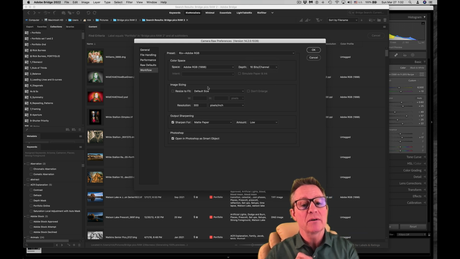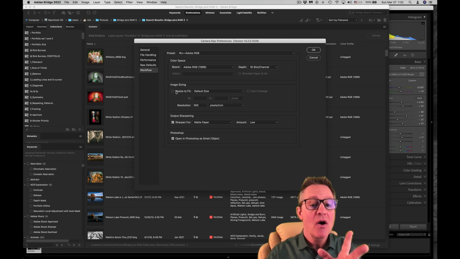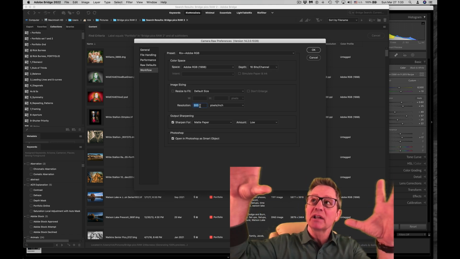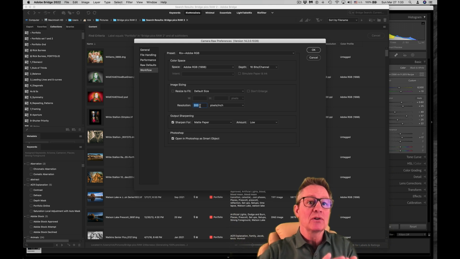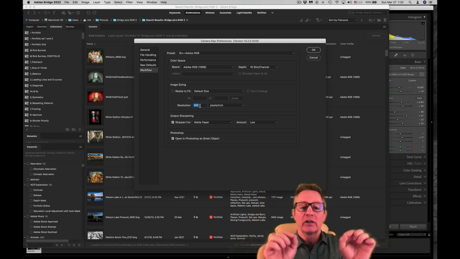What if I open an image in Photoshop? Do I want it to resize that image in Photoshop? No, I didn't turn it on. But would you like me to calculate how much data you actually have without losing any data and automatically just set your pixels per inch once you get to Photoshop? This is no harm, no foul if you do this. If you change the resolution, it will not hurt your file. It does not destroy any data in your file on the way over. It will auto adjust the height and or the width of the image so that, boom, it stops at 300